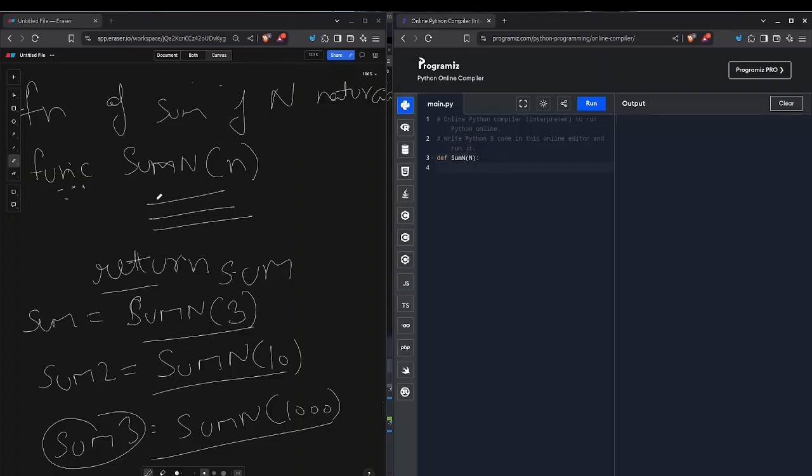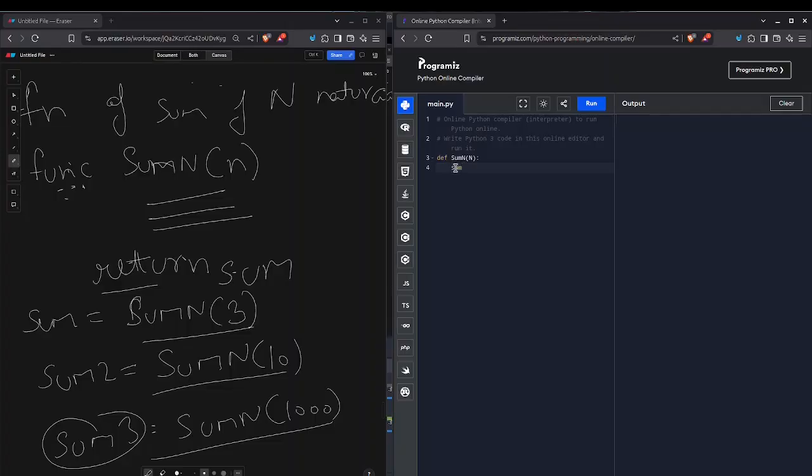After that we are going to write our code for finding the sum of first n natural numbers. Let's write it.